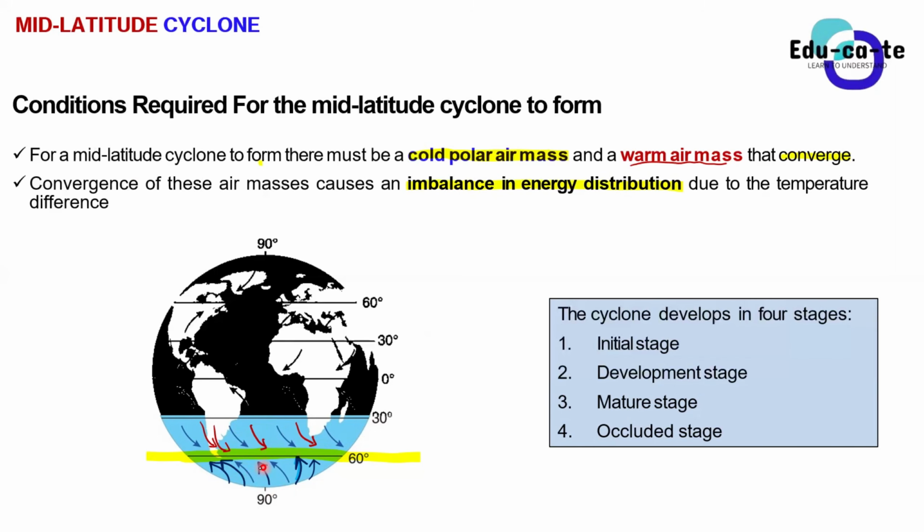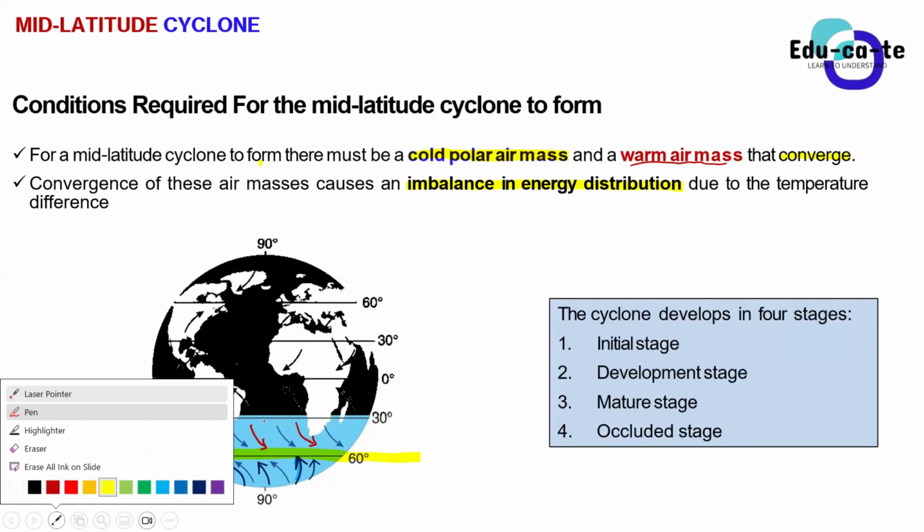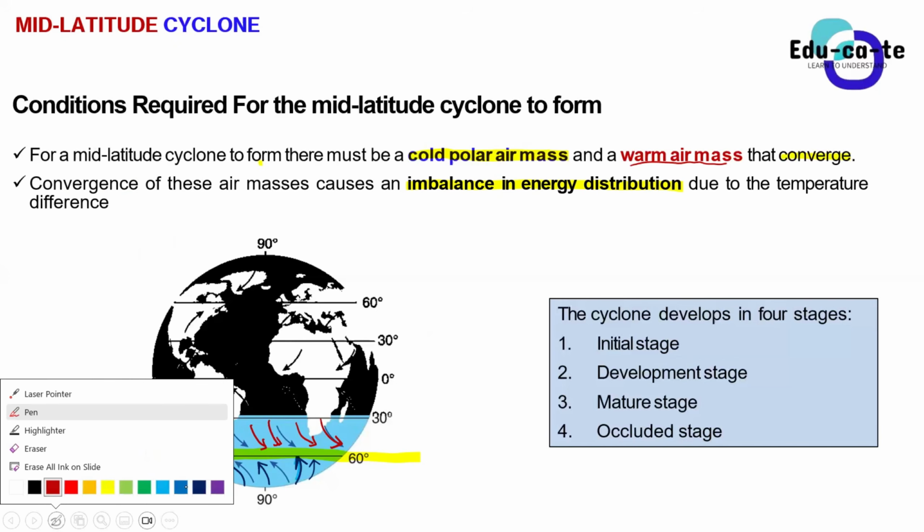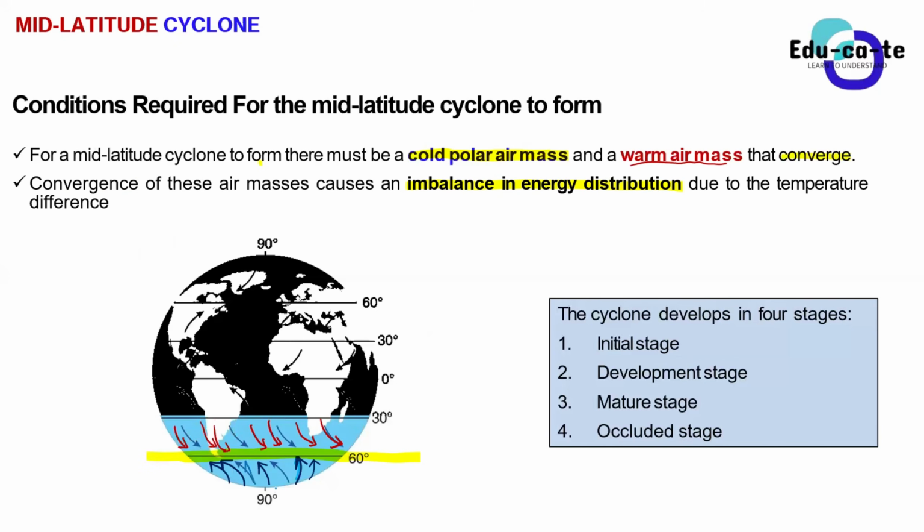That's what we mean when we say that there is an imbalance in energy distribution, because their temperatures are different. Okay, the temperature of this air that is coming from the 30 degrees line of latitude, which are the westerlies, it is hot. They are warm actually. Let me not say hot. This is warm air. But the ones that are coming from the 90 degrees line of latitude, they are what? They are cold. So we say that there's a what? There's an imbalance in the energy distribution. And this imbalance is the reason that will form a mid-latitude cyclone. So these are the conditions that we require.